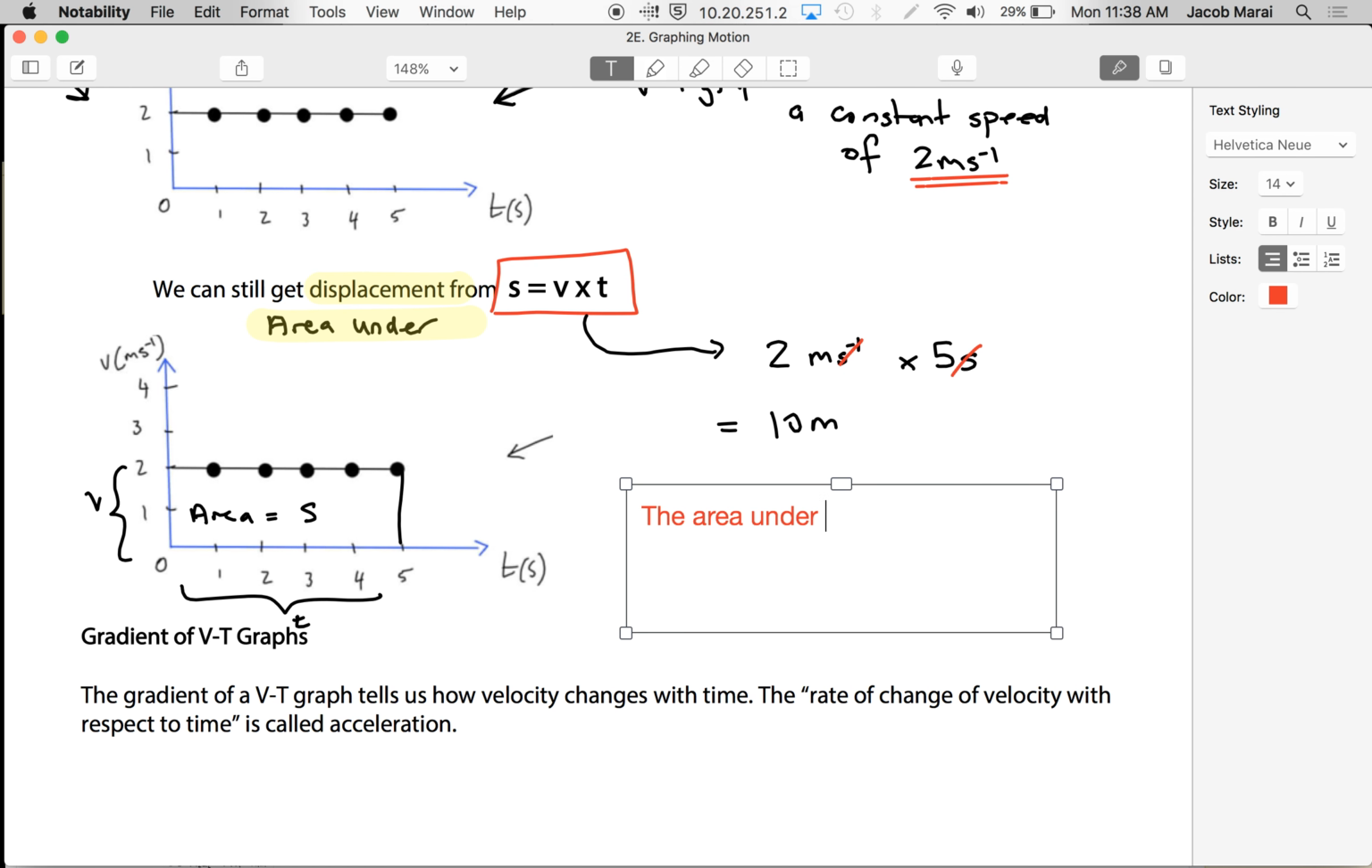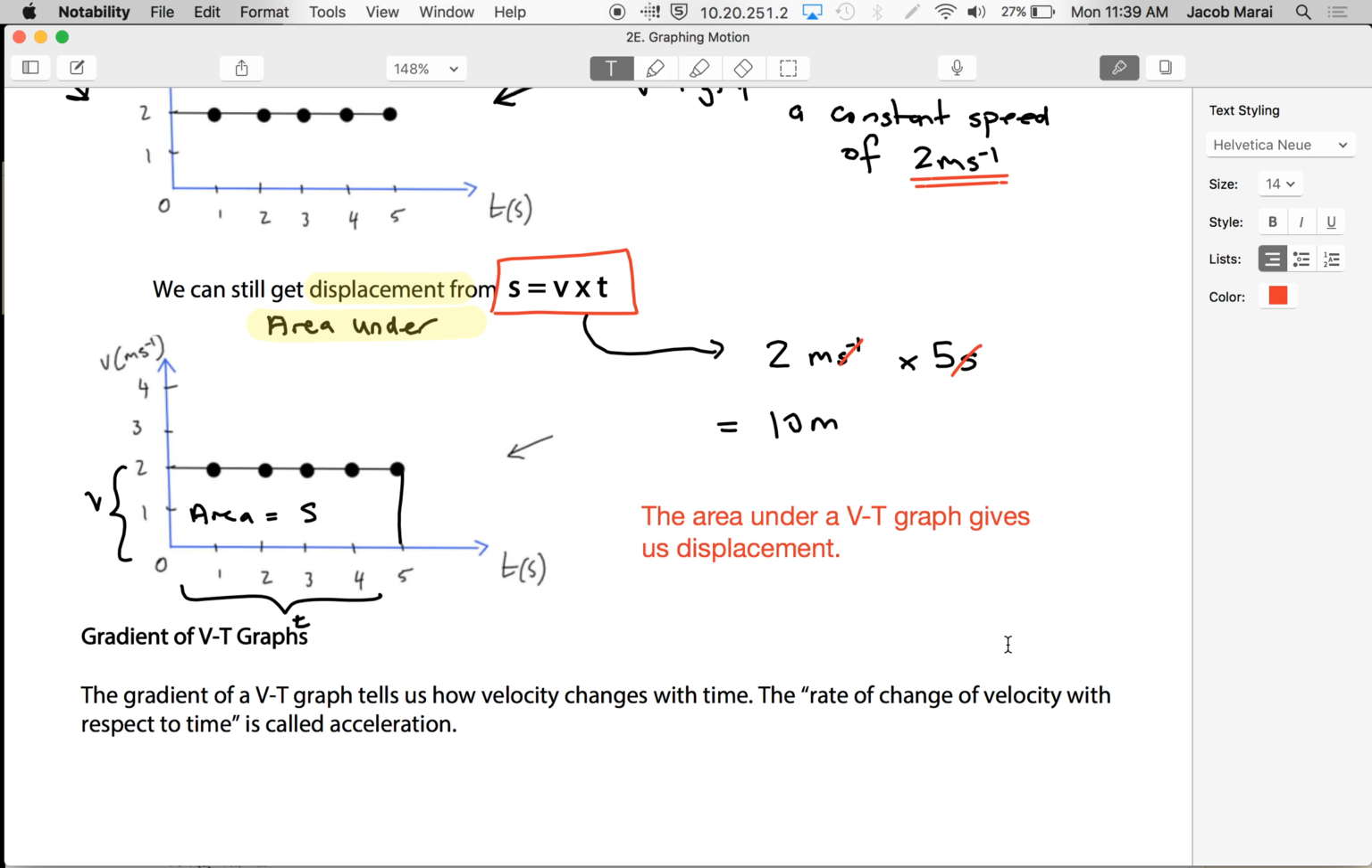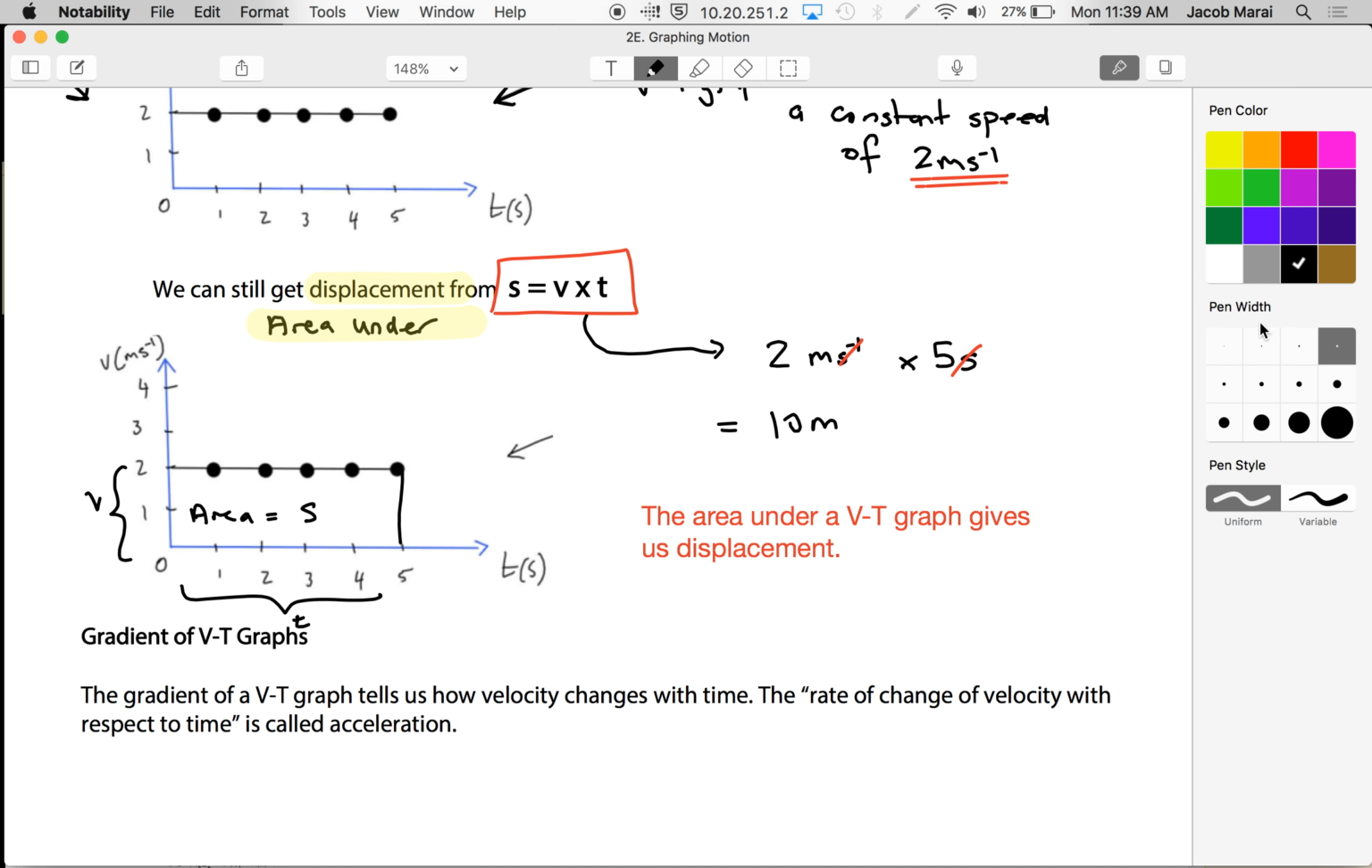The area under a VT graph gives us displacement. Now, I'm going to say displacement rather than distance, because the next page should make it a little bit clearer. Okay? Yes? Say on this, if you graph